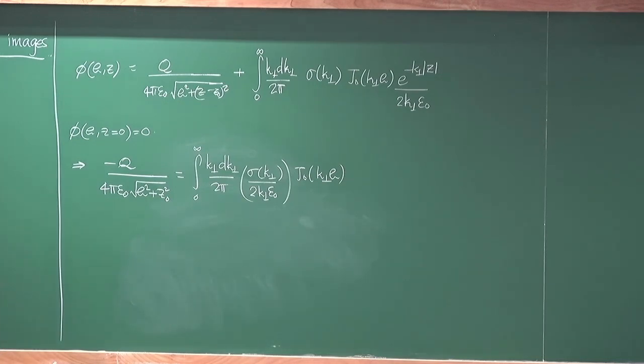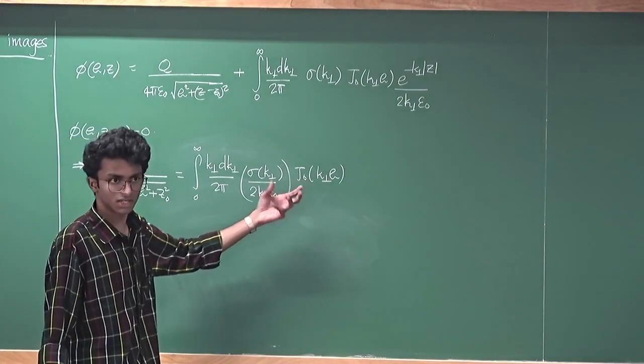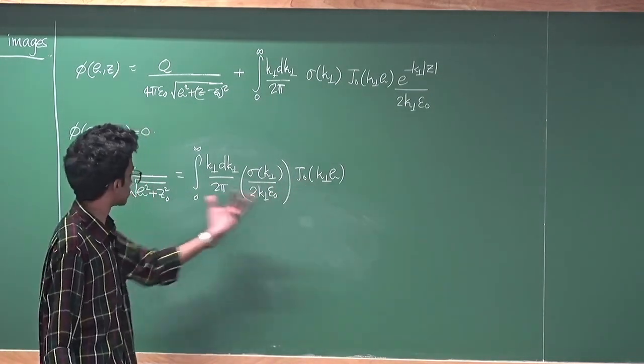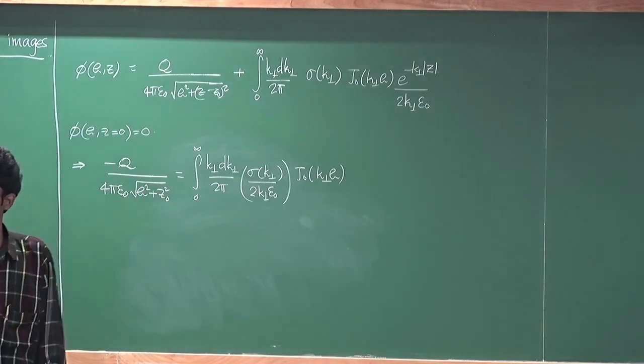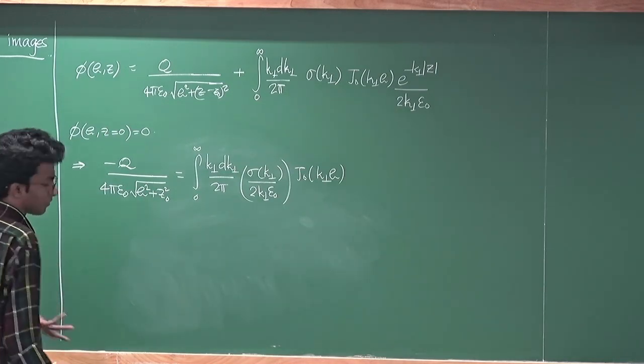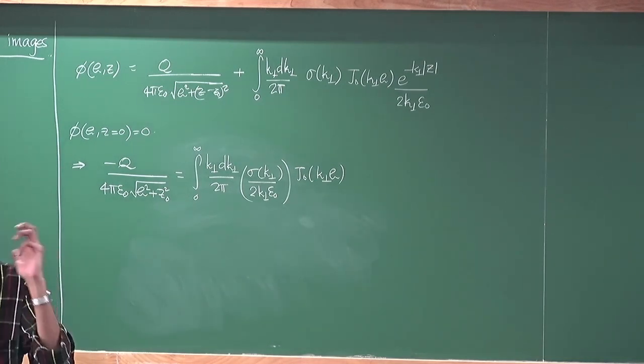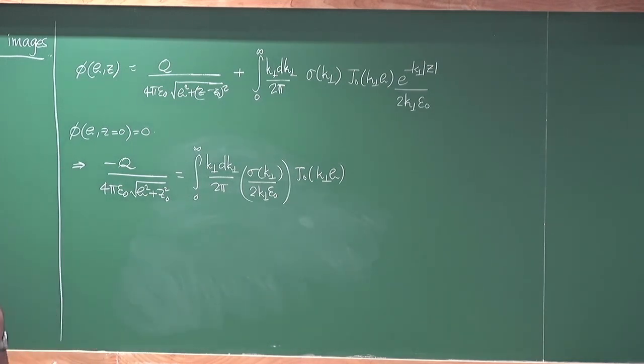There are multiple ways to invert this equation, but one way is to just notice that the Hankel transform, this J naught transform, is really a Fourier transform, so you just need to invert the Fourier transform. If you remember that trick from a few classes ago when we were doing this axisymmetric problem. One of the main results of the axisymmetric problem, which I also mentioned we'll use in deriving the method of images,